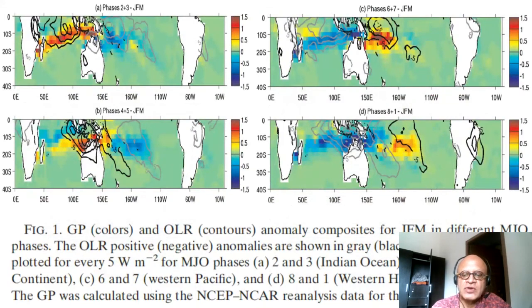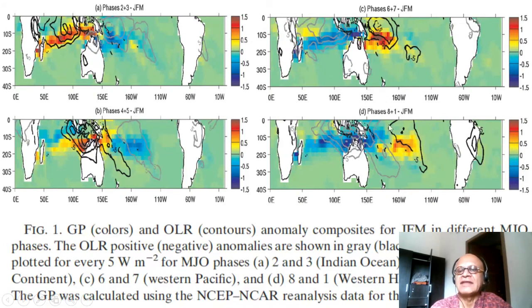This is another way to look at it. This is a work by Susana Camargo and Adam Sobel, the Columbia group. Here we are looking at genesis potential. I will show how that is defined, and OLR anomaly composites. So they are deviations from the background genesis potential that is computed, and the phases 2 and 3, 4 and